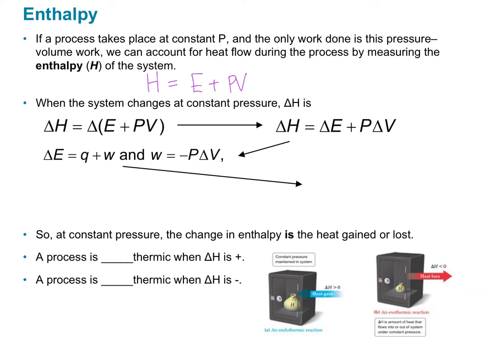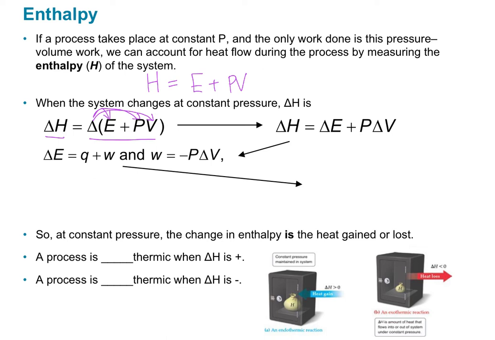Now, like we said before, it's hard to measure at any given point H, so we'll do the change in H here. So delta H equals, we'll do the delta of this relationship. So what ends up being done is we're going to put the delta into the E, the delta applied to the P, and then the delta applied to the V. And this is basically calculus. So if you're taking calculus, this is the rules specifically related to derivatives. So I believe it's in Calc 2. So if you are confused, don't worry about it.